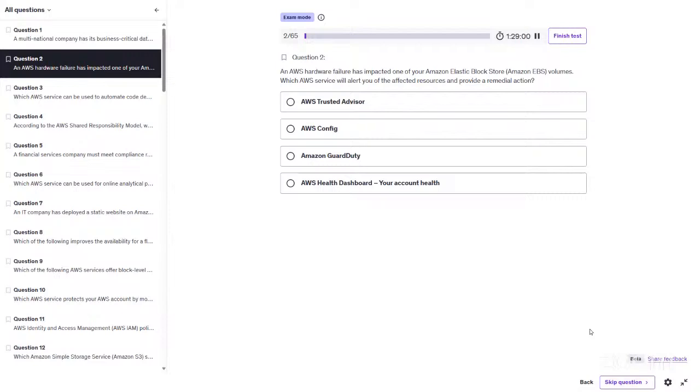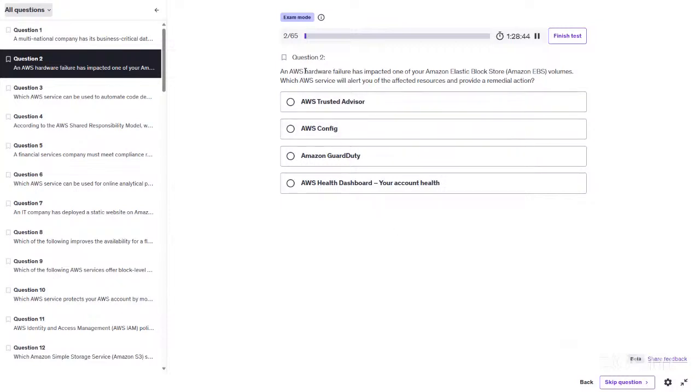And we're in exam mode. I wish we were in practice mode so that we can see that we're getting the answer as we go on. Let me see if there's any way to. Okay, we'll just go on and we'll see the final answer at the end of the exam.